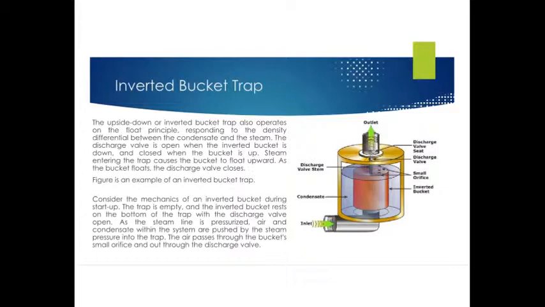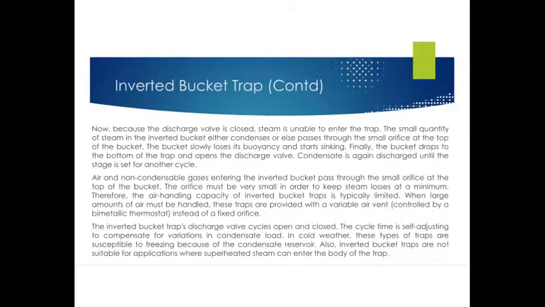Consider the mechanics of an inverted bucket during startup. The trap is empty and the inverted bucket rests on the bottom of the trap with the discharge valve open. As the steam line is pressurized, air and condensate within the system are pushed by the steam pressure into the trap. The air passes through the bucket's small orifice and out through the discharge valve. Now, because the discharge valve is closed, steam is unable to enter the trap. The small quantity of steam in the inverted bucket